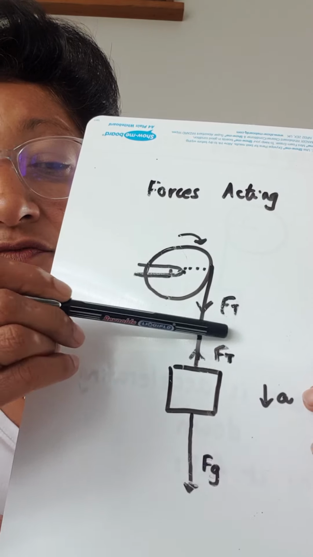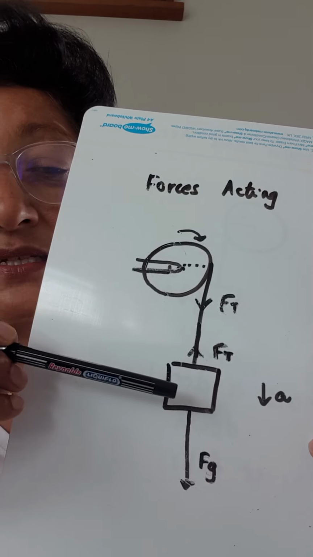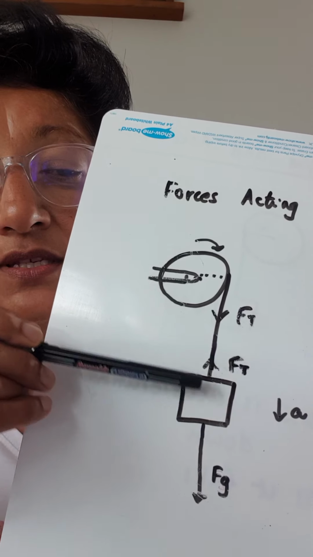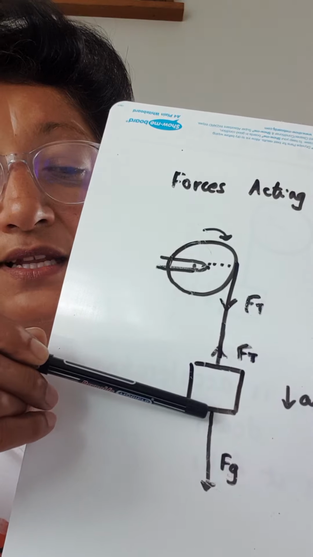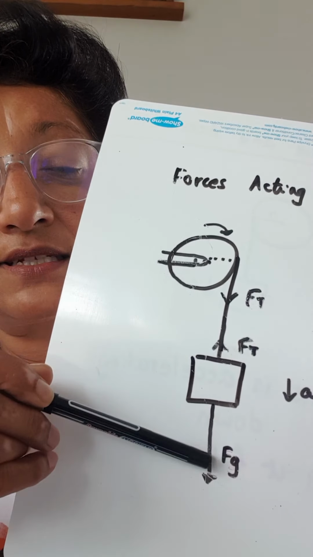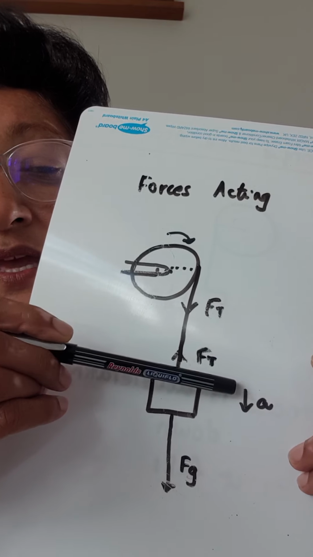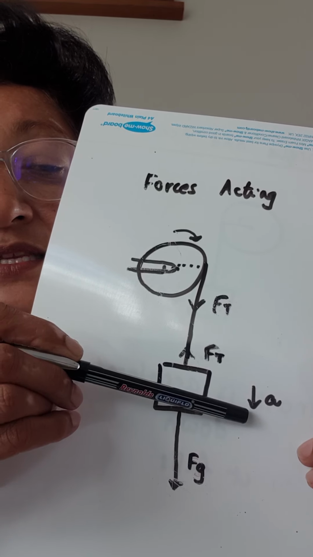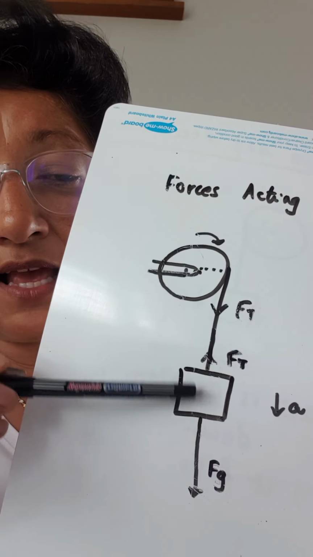However, if you look at the forces acting on the mass that's accelerating down, there's two forces. So there's the tension force holding the mass up, but there's also the larger gravity force pulling it down. Now these two forces are unbalanced. That's why it's accelerating. And because it's accelerating downwards, the force downwards on this mass has to be bigger than